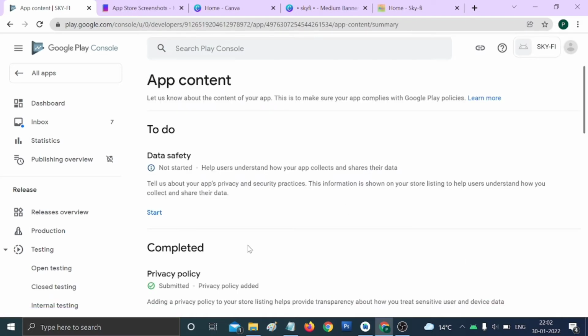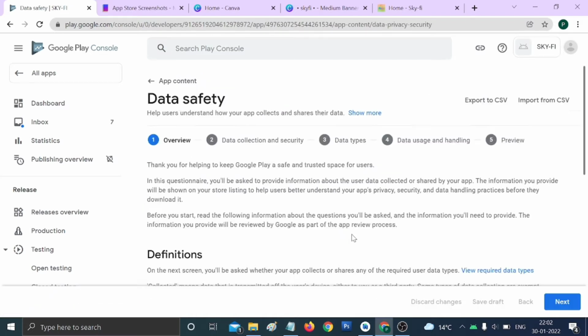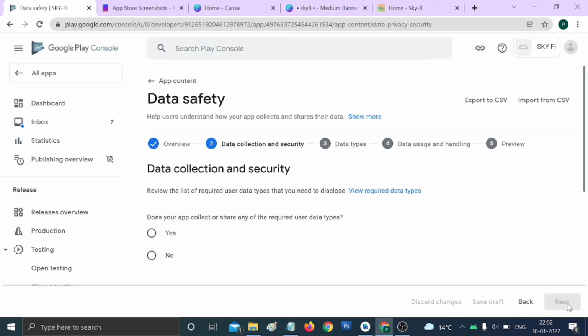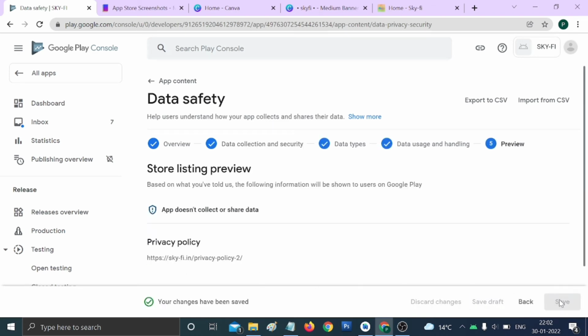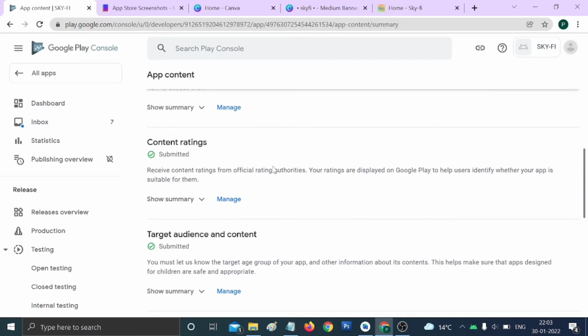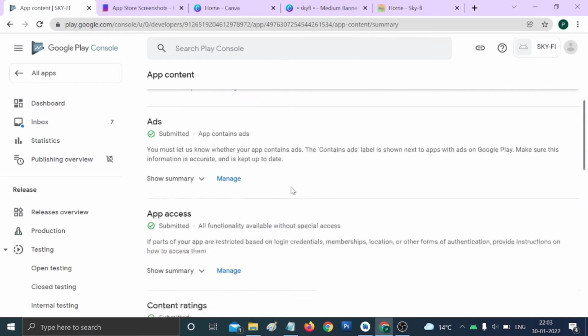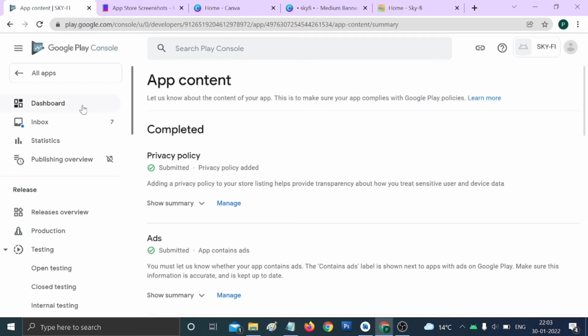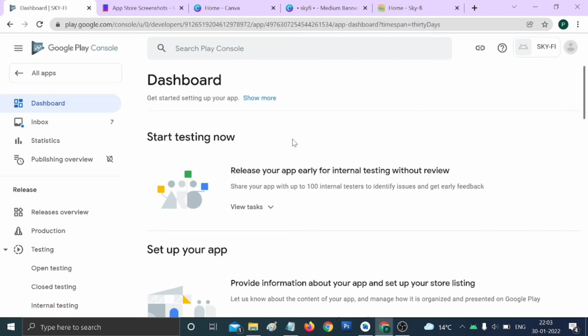Again going to app content, click on start, next, and click on no. Again click on next and save. This step is done now. Again going to app content, you can check that all app content options are already filled in. Again going to the dashboard option